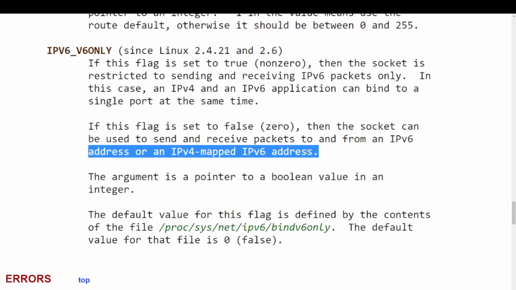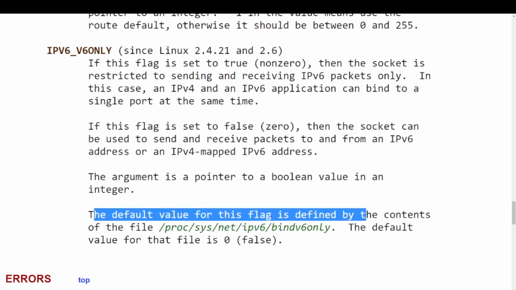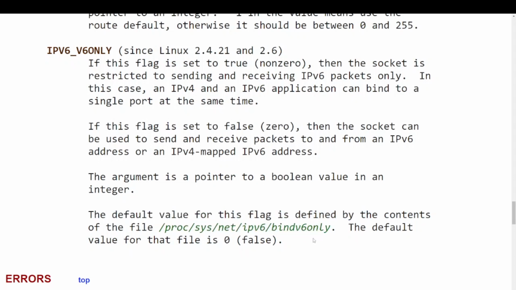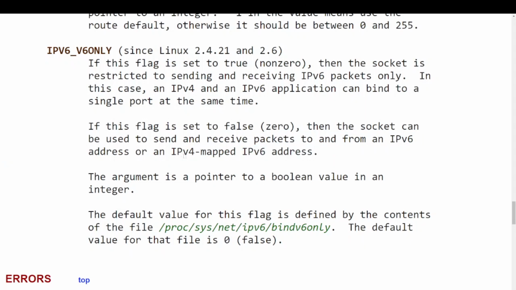That is awesome. Now, here is the extra cool part. If we go down to the bottom, the default value for this flag is defined by the contents of this file. The default value for that file is 0 or false. So what does that mean? That means by default, when we write an IPv6 server code, we are having support for both IPv6 addresses and IPv4 mapped IPv6 addresses. So that means we are dual stack if we are running on the latest version of